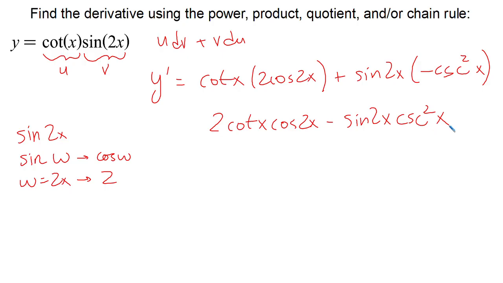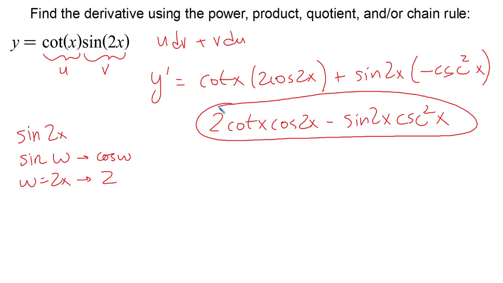You could use the double angle on sine 2x if you wanted to turn that into 2 sine x cosine x. And then you could do a little bit of cancellation, but it's not really going to get much simpler. The other option that we have here is, as I was just saying, there is the double angle identity for sine. So I could, we'll come down here and do this in a different color. I could rewrite this as